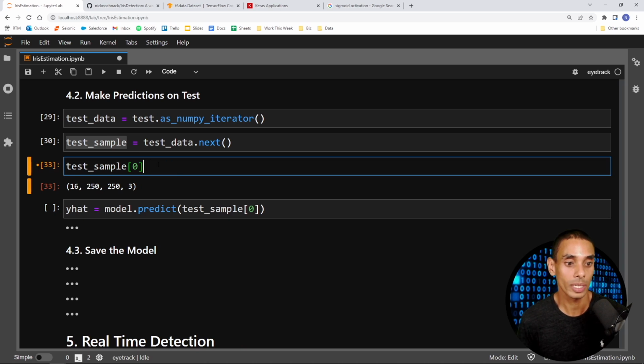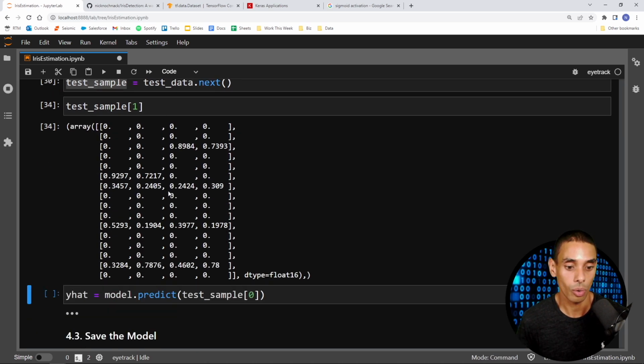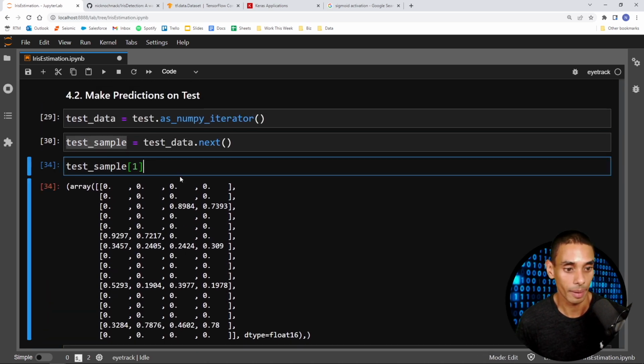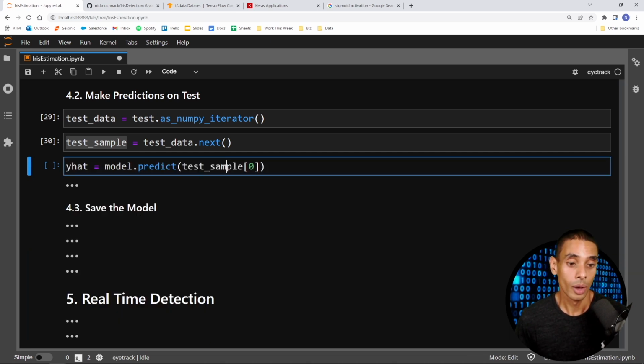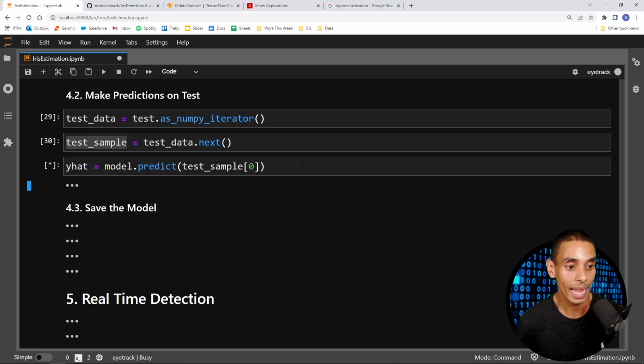It's going to have our annotations, all of our annotations there. So lots of zeros showing up there. So it looks like we might have eyes closed or something, for example. We just want to pass through our images to our model.predict function. So model.predict, and then we pass through our images, which is the first index in our test sample variable. And we're going to store the predictions inside of a variable called y-hat. So if we go and run that now,